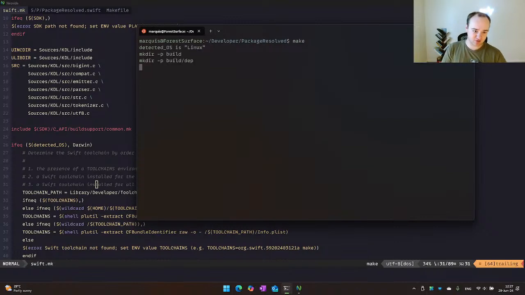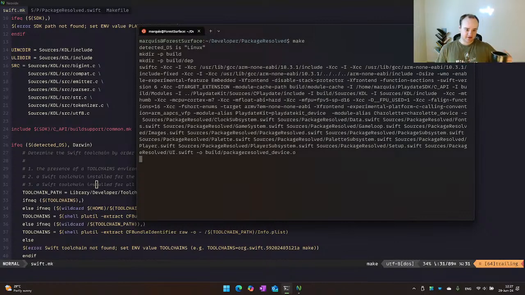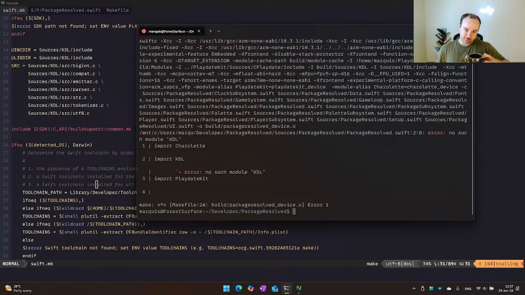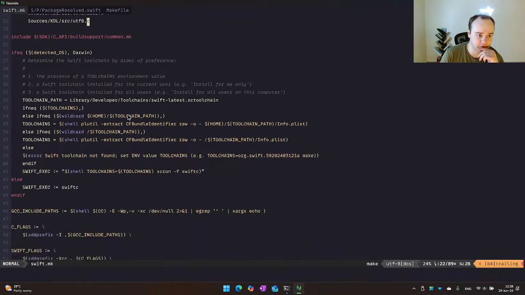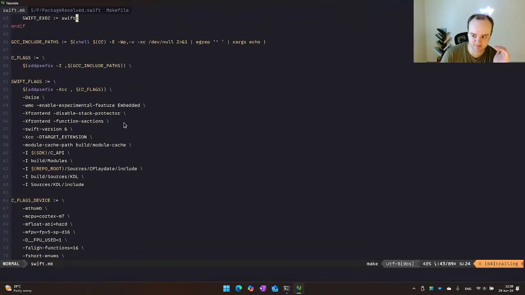I somehow managed to break it again. I guess this is what happens when you don't touch things for 3 weeks. It just magically breaks on its own. Oof. Okay. So we know that these are being included and compiled by the Playdate, so they're ready before the Swift library needs them.